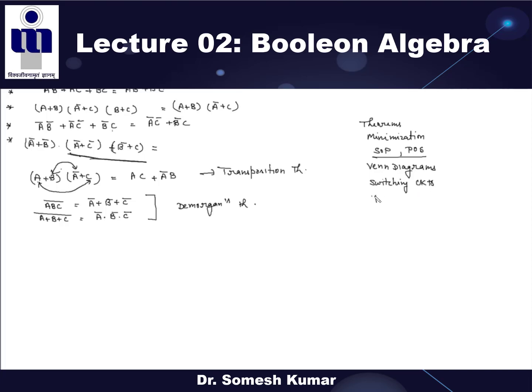After that we will discuss the duality property, the dual and the complement. What is the difference between the dual word and the complement word? And in the last we will discuss some statements, meaning a statement is given and based on that statement you have to make the truth table. Clear? So this is the complete topic we will cover in this chapter.